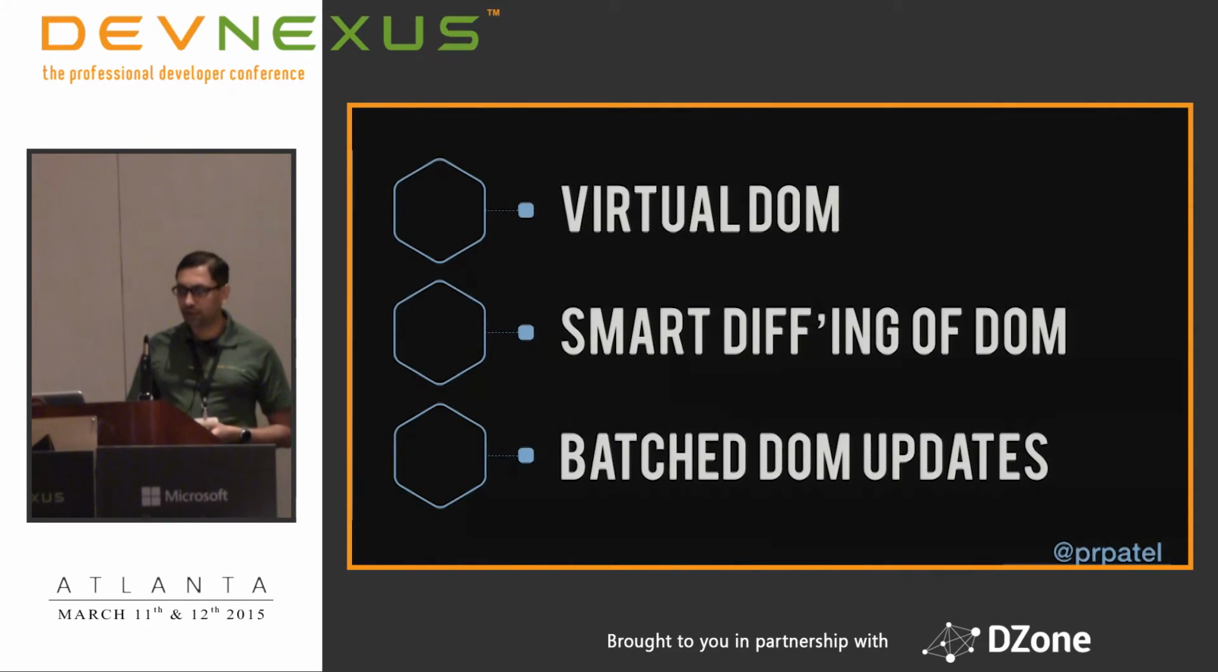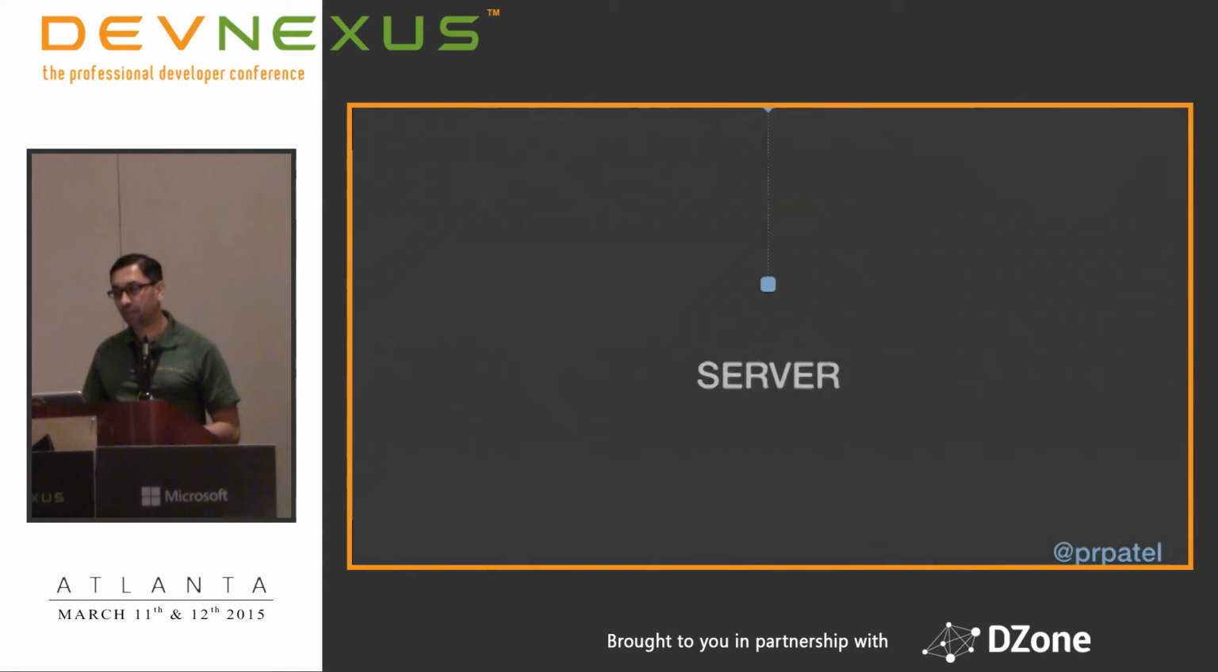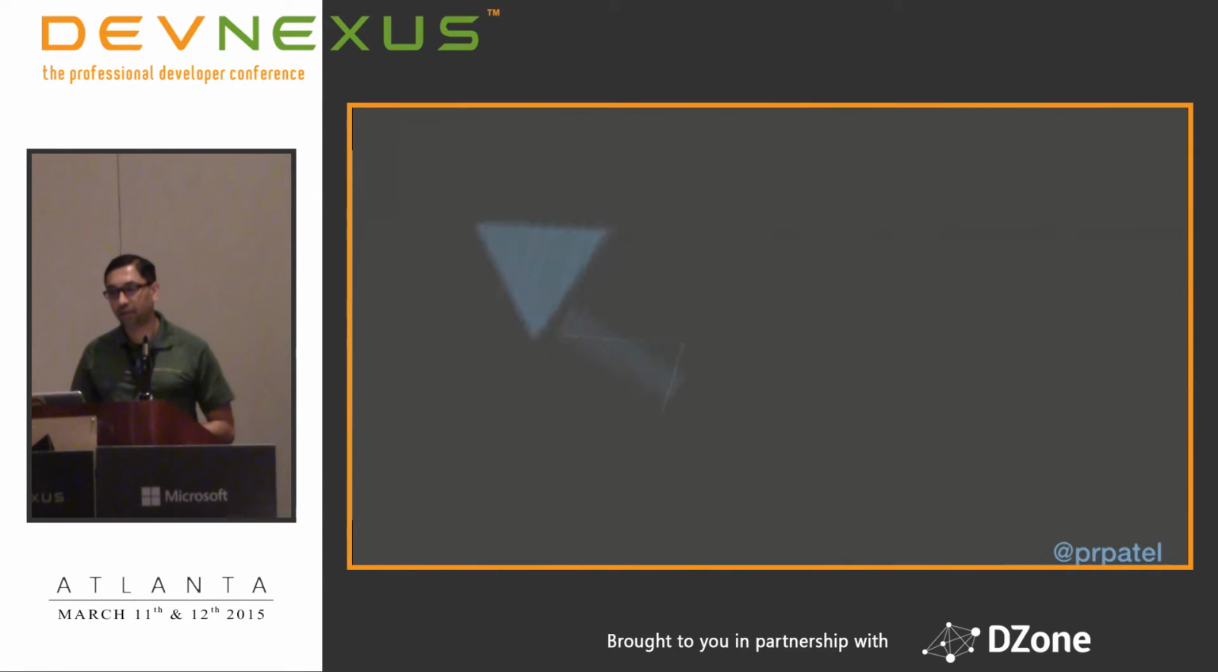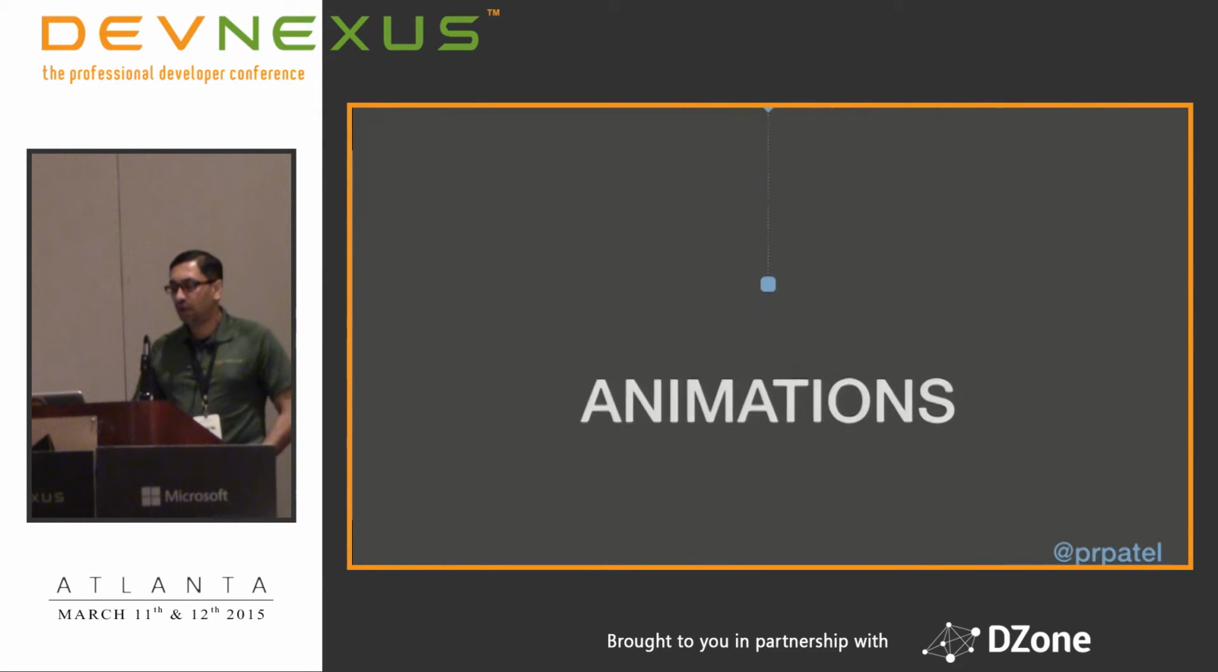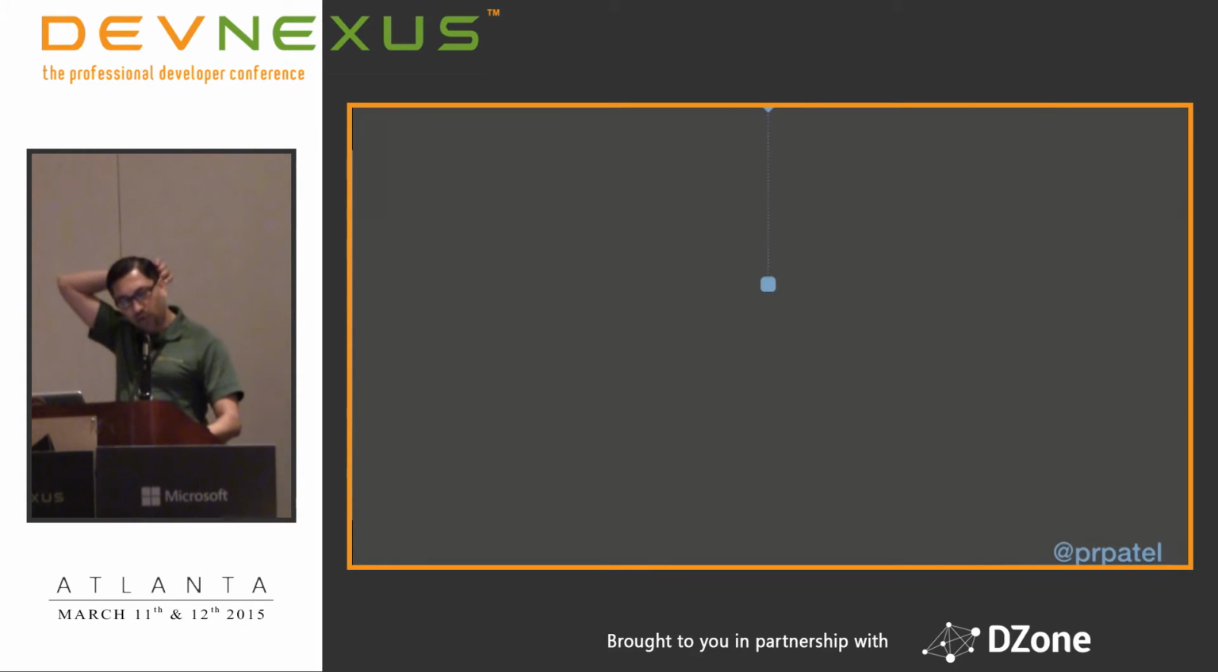All right, we talked about this already. Virtual DOM, batch DOM updates, smart diffing. You can just tell it to re-render all the components and then only apply the diffs. You don't have to worry about all that stuff. It just does it for you. Okay. We talked about the server code already, and I want to end with a couple of interesting things. So, in terms of doing animations,